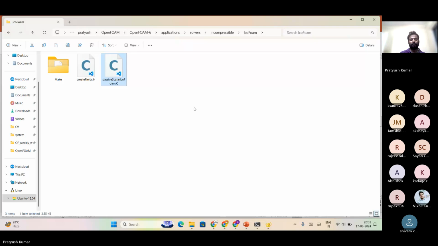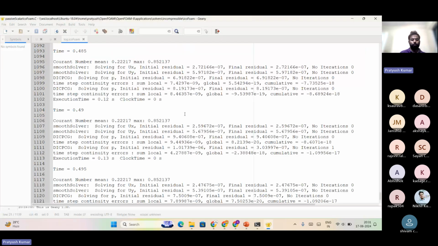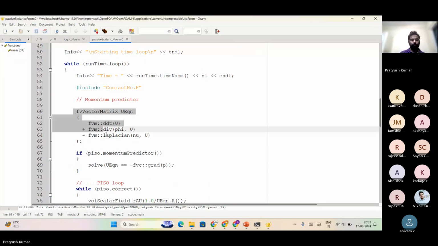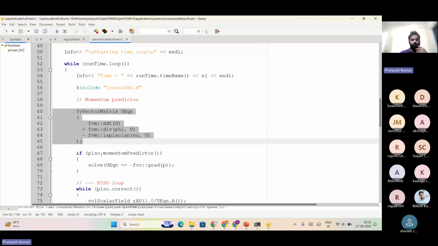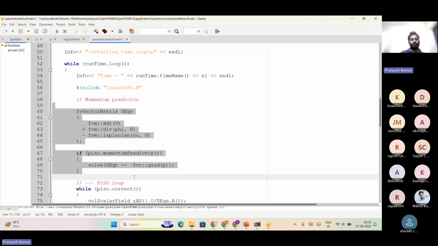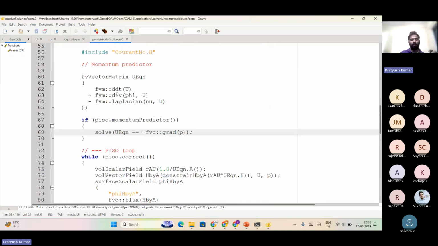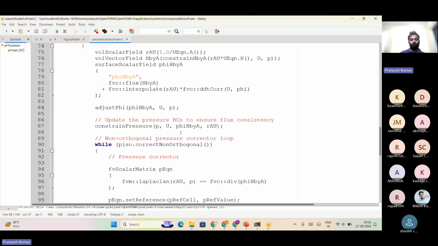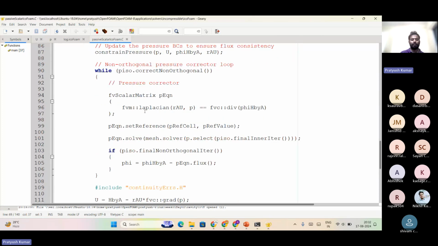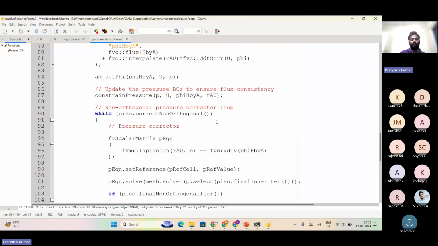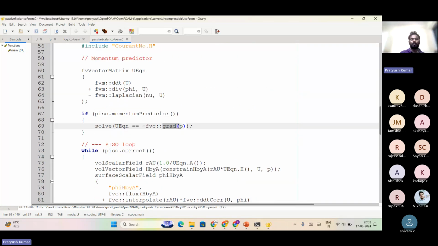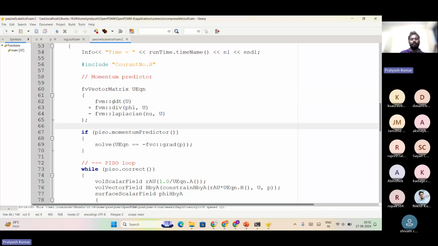Now if I open this .C file, so this is the equation that we are solving. Okay. This is the Navier-Stokes equation, and of course there is a pressure-velocity coupling. But in a way we are solving a temporal term, one divergence term, one Laplacian term, and here is the gradient term. Okay. And of course if you are going to write other equations, then there will also be Laplacian terms, divergence terms. So these different terms you have specified in the equation here,